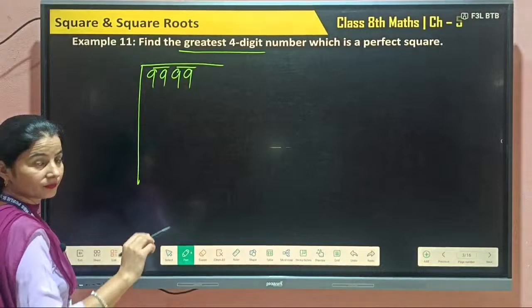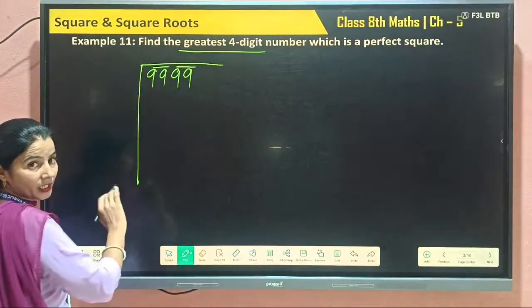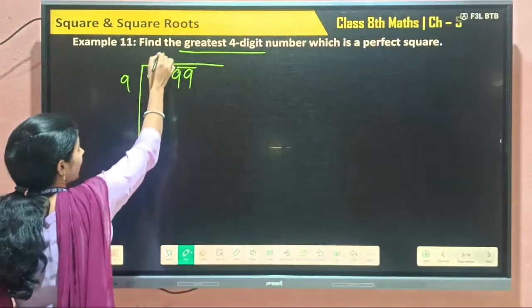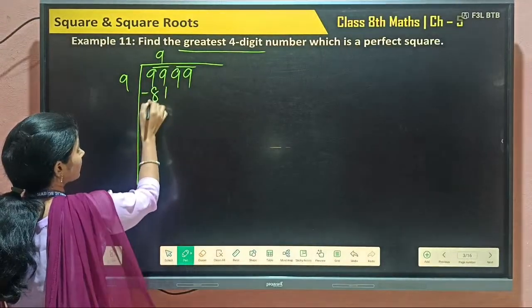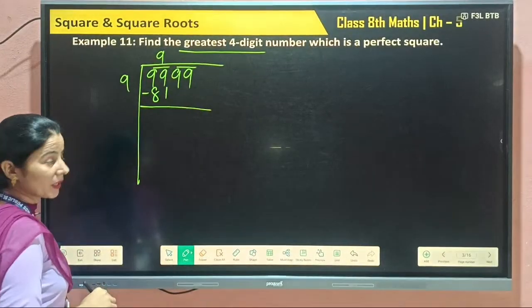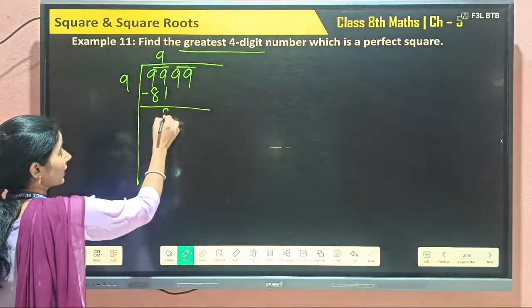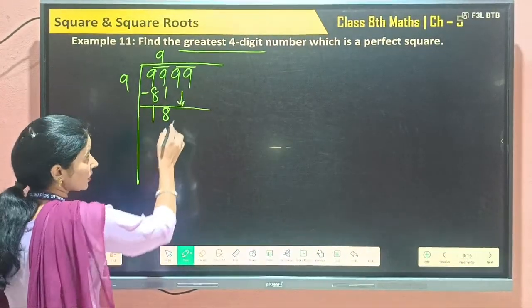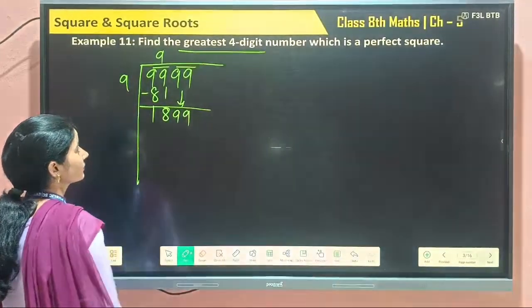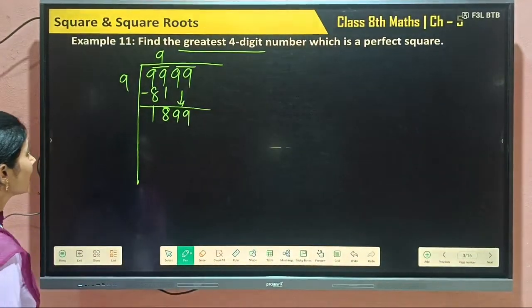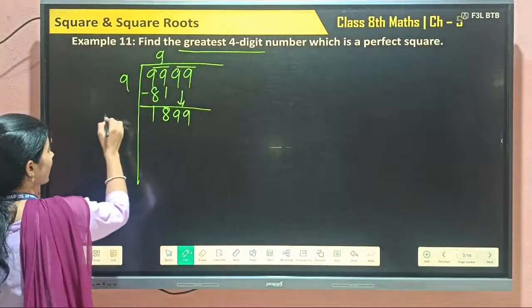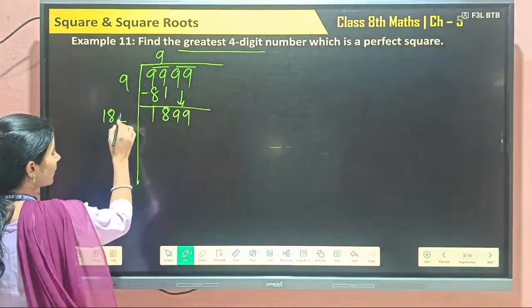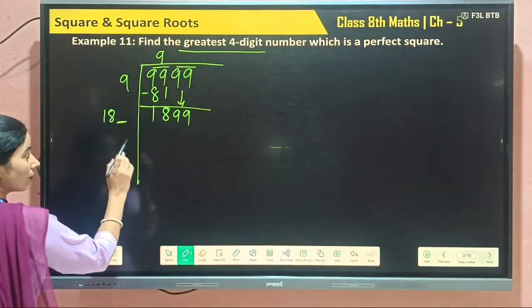8 8s are 64, 9 9s are 81, 9 9s are 81. So what will be the remainder? 9 minus 1 is 8, and there is 1. Then we have to carry down the next pair, double 9. Carried the next pair. Now double of this quotient will be 18, and enter this 18 leaving a blank at